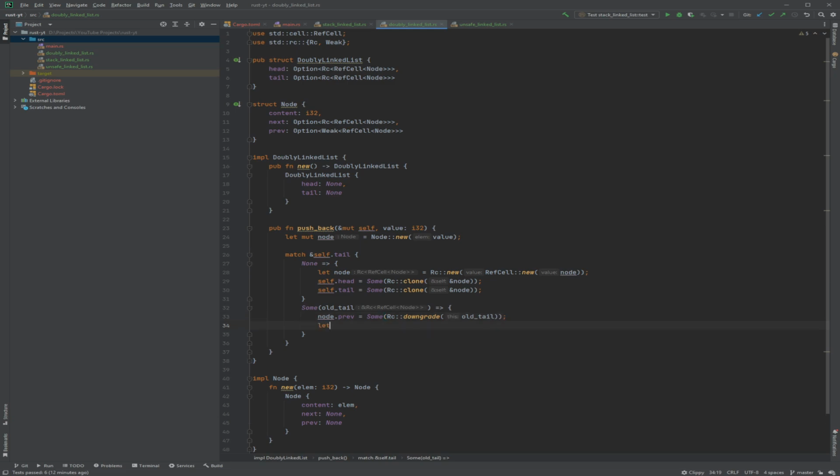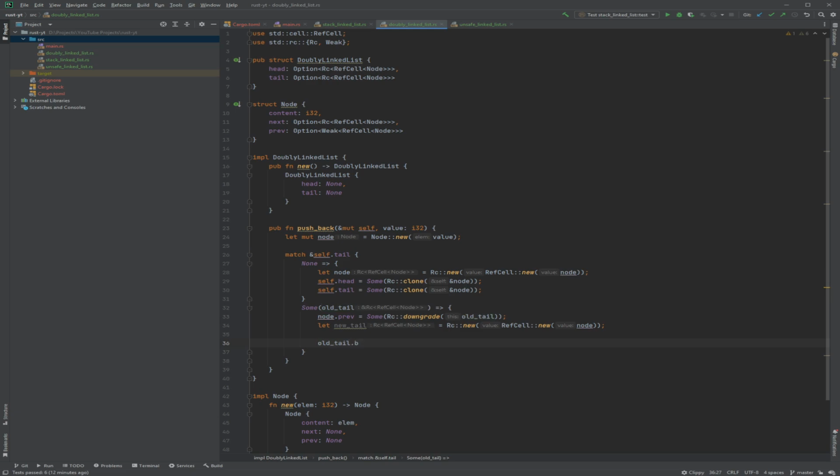Okay, so that will give me a weak reference to the previous tail, and then we want to create the wrapper, the smart pointer wrapper. I mean, there's so many terms for all this crap. So we just put the node in the smart pointer, and obviously now we create a new tail, but we want to set the old tail's next. And to do that, we borrow mutable.